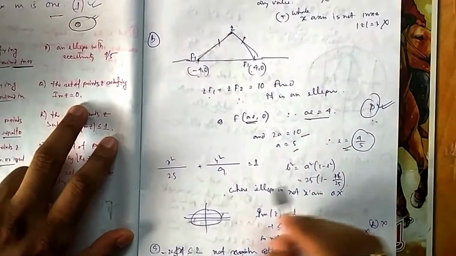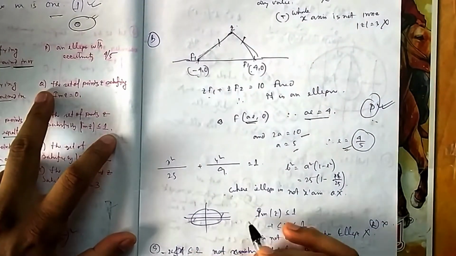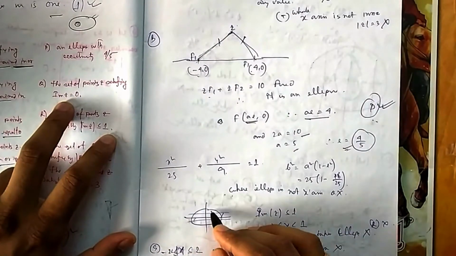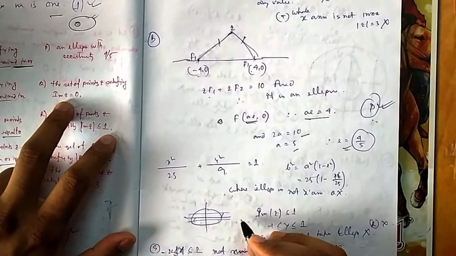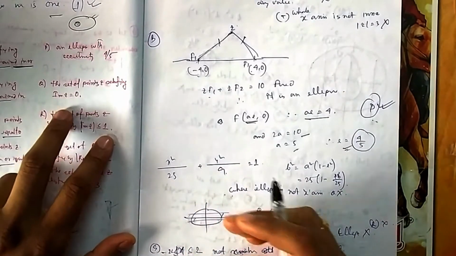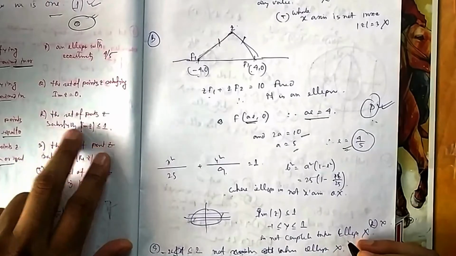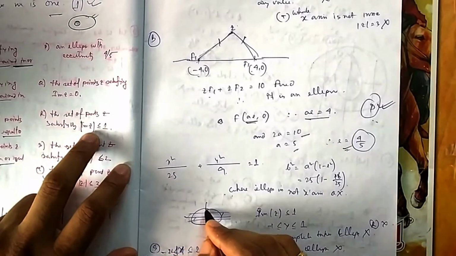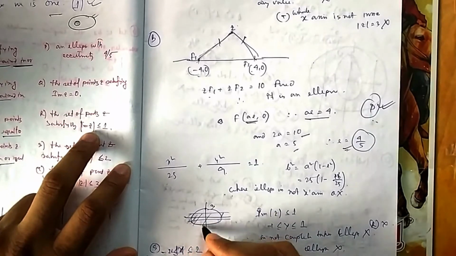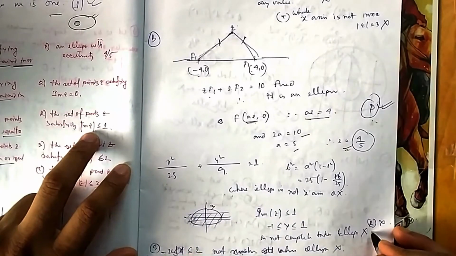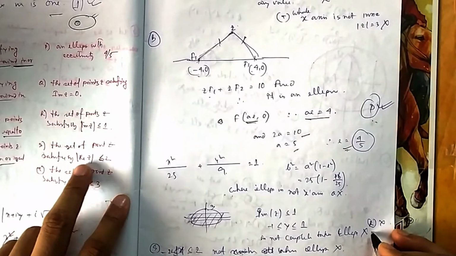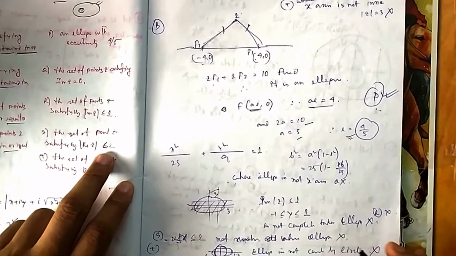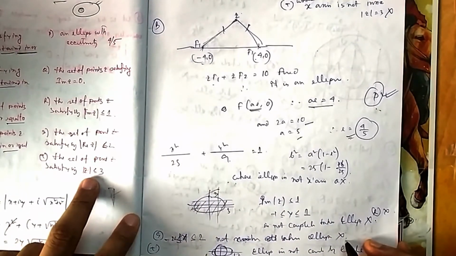The set of points satisfying that. So what is the second one? The second one is saying imaginary z is 0. That means the entire x-axis. No, the ellipse is not contained by the x-axis. The ellipse should be inside that area. So Q cannot be. R, the set of points satisfying imaginary z less than 1, means y is less than 1, but it is going up to 3. So this portion is covering, not the entire ellipse. So again R will not be the answer. Satisfying real z, x is less than 2, but x is going up to 5. So the entire ellipse is again not satisfying. So S will not be the answer.